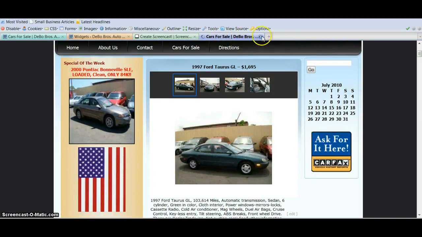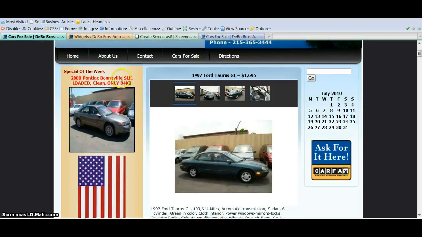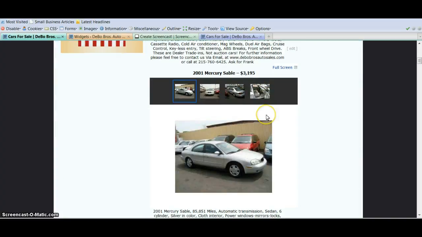So you'll notice, Kevin, that the font here got bigger, which is what I wanted. However, the calendar got larger, which really isn't that big of a deal. I mean, if it's that large, heck, people with cataracts will be able to see it. But my heading for each card, this 97 Ford Taurus, horrible car by the way, this 2001 Mercury Sable, all of these headings I have as a heading 2